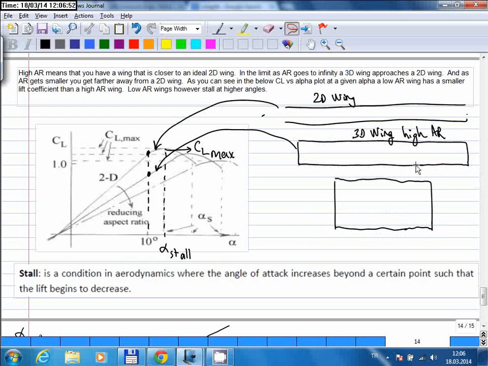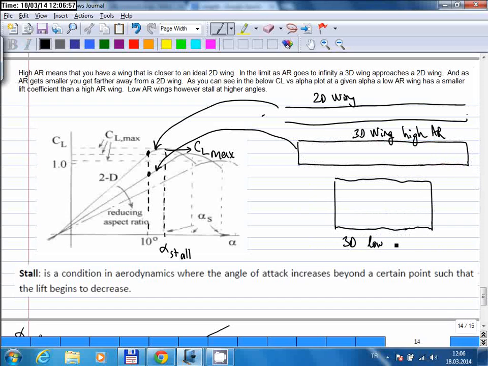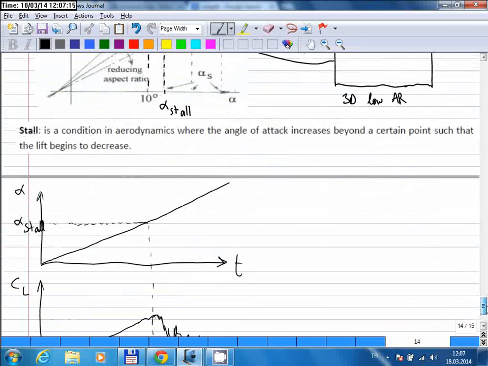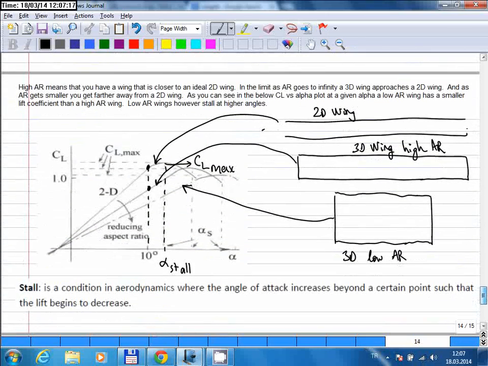So this is a 3D wing with low aspect ratio. And that corresponds to this data. And this only shows the effect of the aspect ratio. And aspect ratio is just one parameter regarding the 3D effect. But there may be